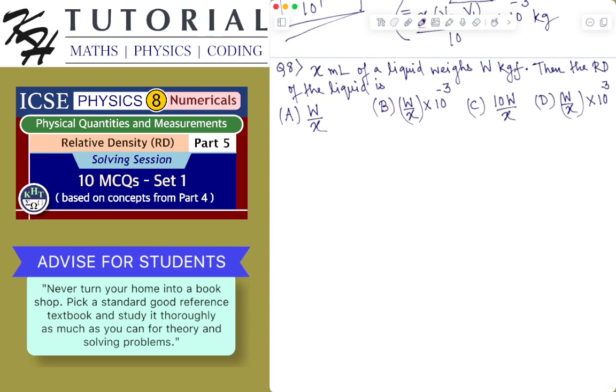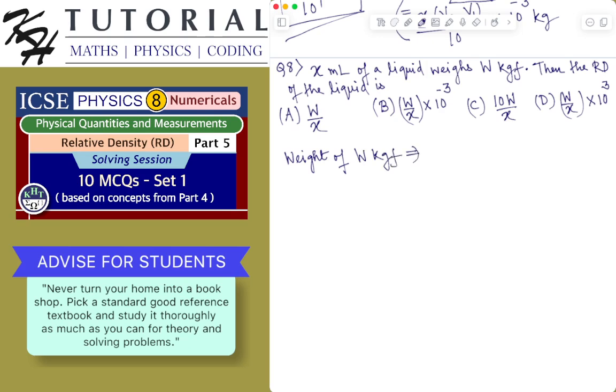X ml of a liquid weighs W kgf. Then the relative density of the liquid is, okay. Now, whenever we are asked to find the relative density of the liquid, we have to know its density, either in any system, in SI or CGS. So from the fact that X ml of a liquid weighs W kgf, we have to find the density of the liquid. Okay, so weight, as already explained in the previous problems,